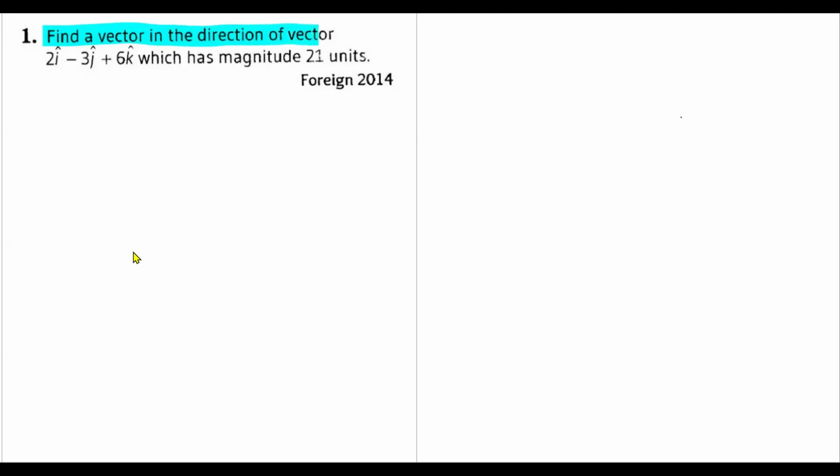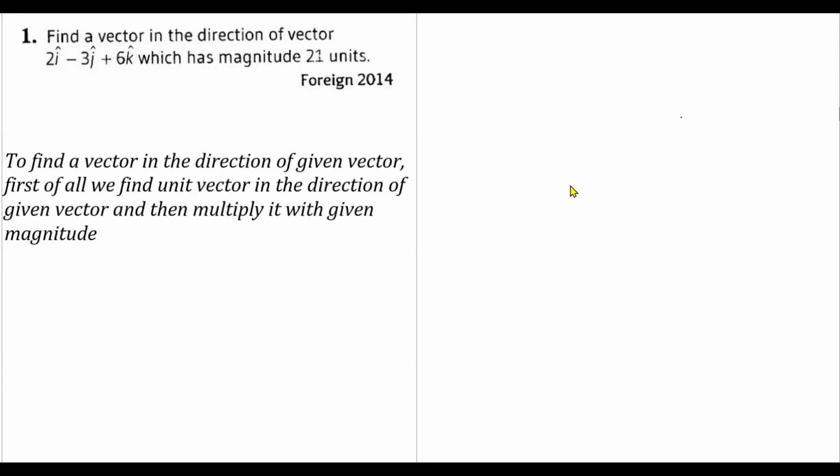We have to find a vector in the direction of this vector, and whose magnitude is 21 units. So let's understand. In order to find a vector in the direction of this given vector and having a magnitude of 21 units, first we'll be finding a unit vector. So in order to get a unit vector here, what you'll do here,